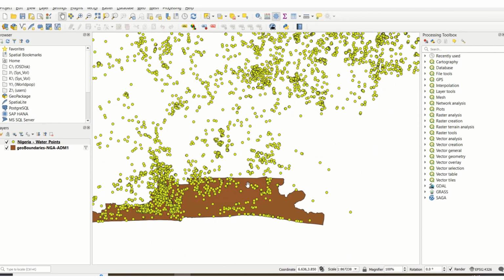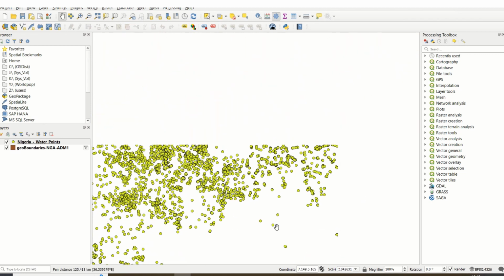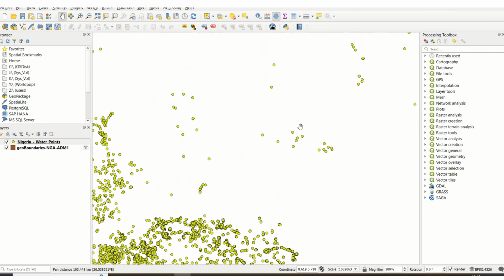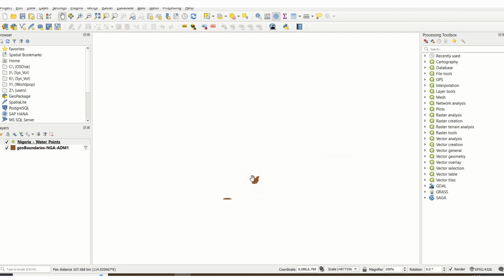Now you can see this is Lagos, and let's pan to the top a little bit. I see Abuja. Now, what we're trying to do is use the administrative boundary to select the water points that fall within that administrative boundary. So for us to do that,